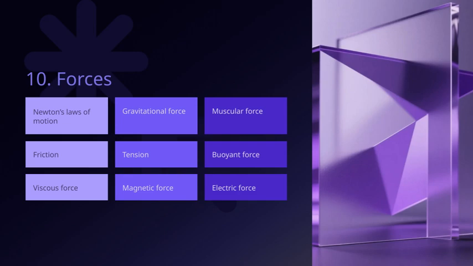Gravitational force is perhaps the most familiar. It's the force that pulls objects toward the Earth and keeps planets orbiting the Sun. Friction is the force that opposes motion between two surfaces in contact, which we experience every day when walking or driving. All these forces are governed by Newton's laws of motion, which provide the foundation for understanding how objects move and interact. When we talk about forces in general, they are the push or pull that cause changes in motion or shape. Recognizing these different types helps us understand the complex interactions that shape our physical world.